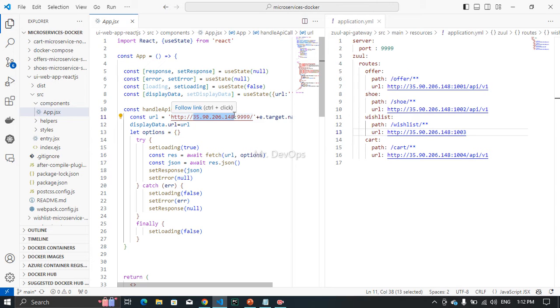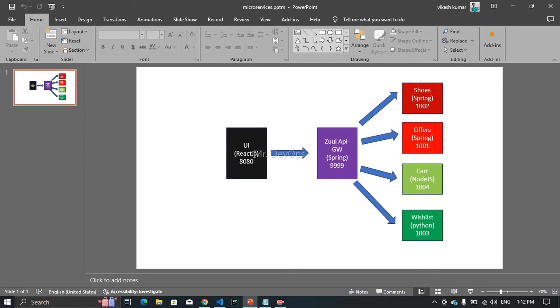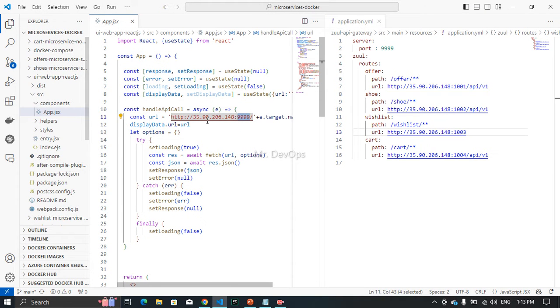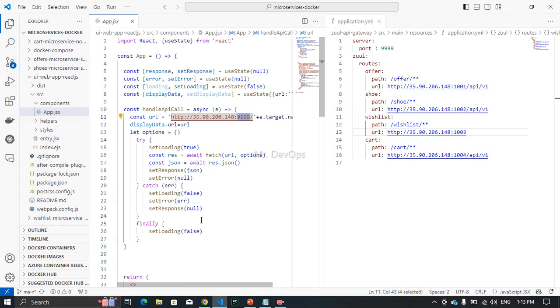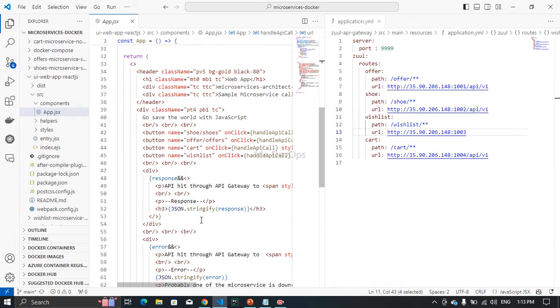So you can use the public IP of that, and this is the port of your API gateway, right? This is the UI which you will be accessing. But to hit this API gateway, you have to use this port, right? So that is what you will see in the code. It is having triple nine plus one more nine, right? And here you will see the target name is there, right? What does that mean? If you will see here,